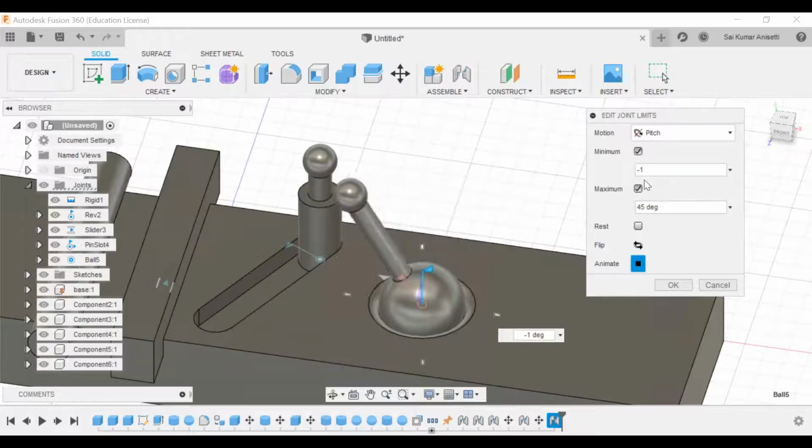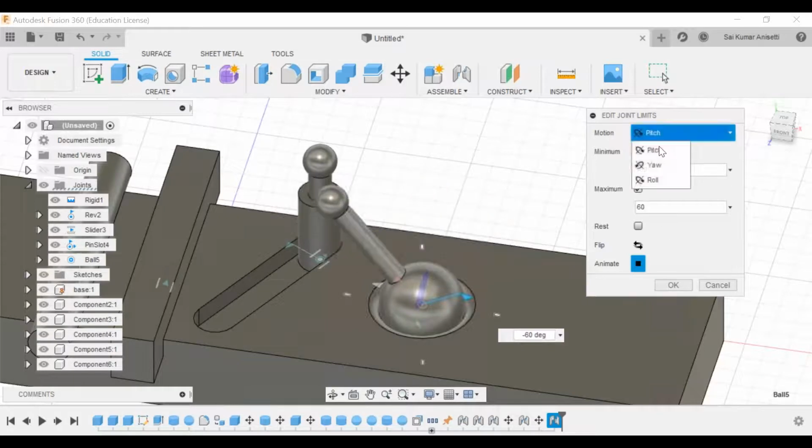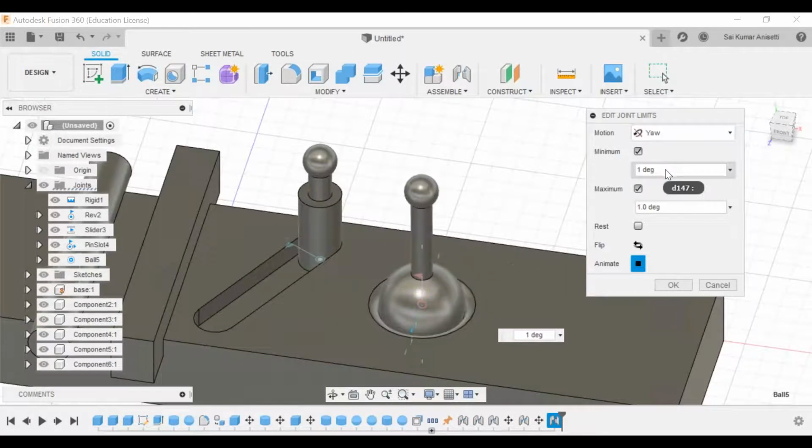If you want to move that just like a joystick, you can go up to 60 degrees, 60 over there and 60 over here. So that becomes your joystick. For everything, roll, pitch, and yaw, you give the same value. So minimum you can go -60 to +60.